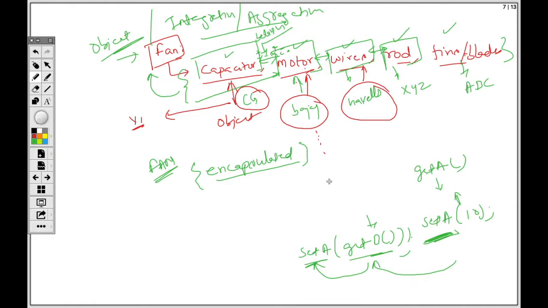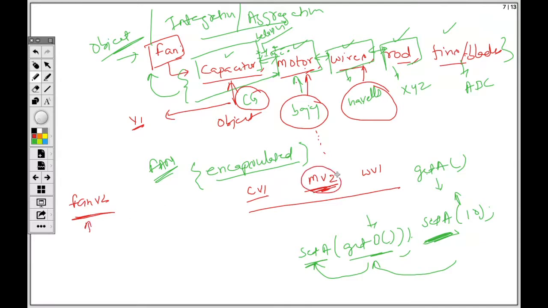Whenever a new brand comes in, they can say, okay, I have an optimized bladeless motor with version 2. So later on, we can also have a fan with version 2 that contains a capacitor of version 1, a motor of version 2, and wire of version 1. So these things are parallelly evolving, and we are connecting and integrating them to build our own system.